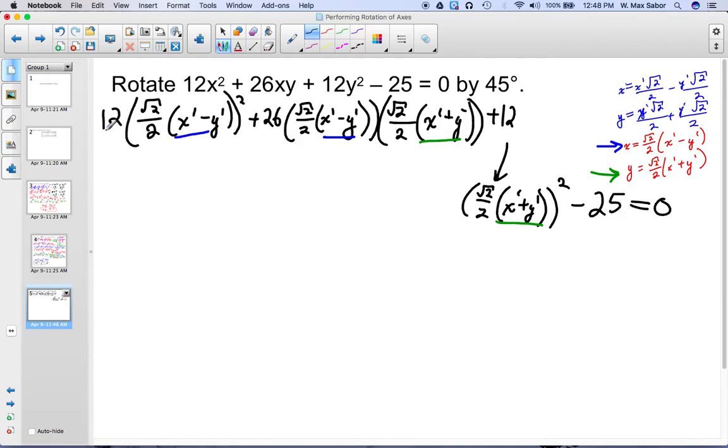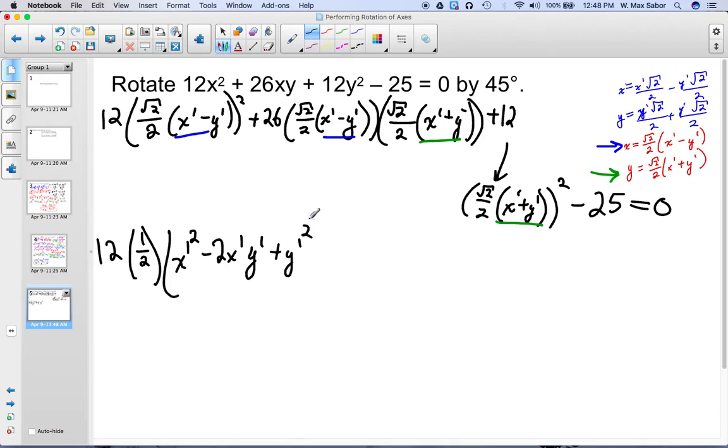Now we want to square these things. So when we square, we have 12. When we square this, we get 1/2. When we square that, we get x prime squared minus 2x prime y prime plus y prime squared. Here we have 26. When we square, we're going to be multiplying these together. So we do square root of 2 over 2 times square root of 2 over 2, which is 1/2 again. And now we have a difference of squares. Notice that this and that are a difference of squares, so we can say that this is x prime squared minus y prime squared